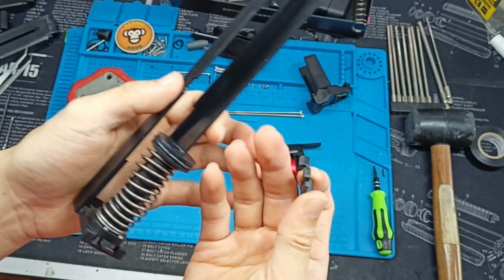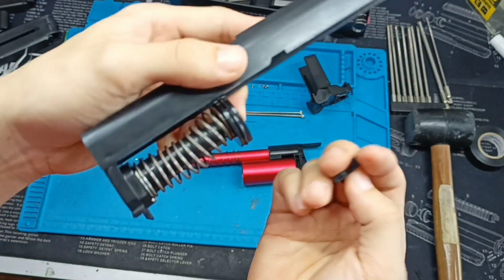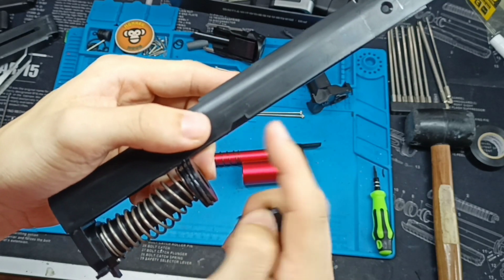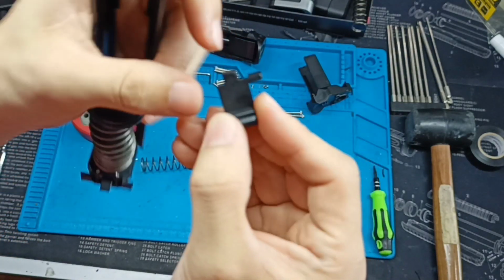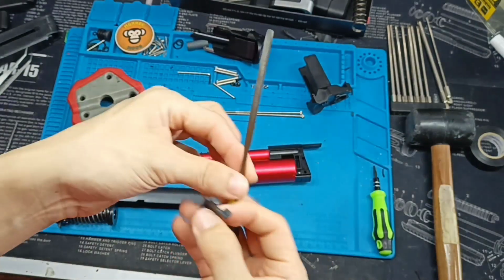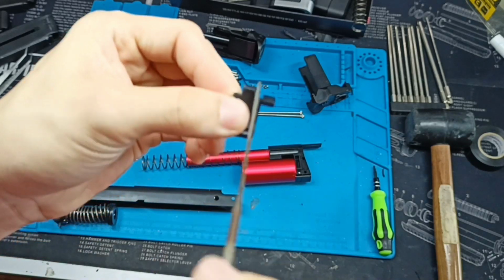So there are 2 ways to remedy this, because it's really quite straightforward. Either you sand this part just a bit, maybe 0.2 mm back, or you sand this part a little bit. So for example, I have a file here. Either you sand this part,